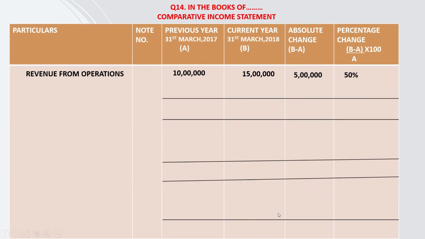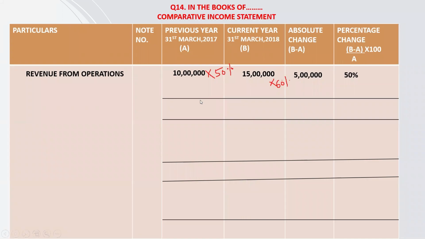Now what about other income? Other income वो कह रहा है is 50% of 10 lakh. तो अगर हम 50% करेंगे 10 lakh का, what value we will get? It is 5 lakh. और वो 5 lakh क्या हो जाएगा हमारा? Other income हो जाएगा. Similarly, we have to calculate 60% of revenue from operation to know the other income of current year.